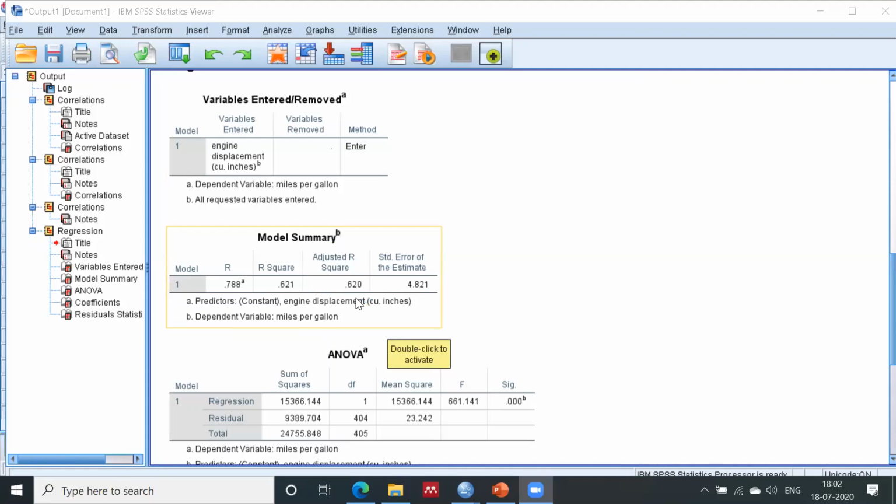See, there is a tendency in regression. If we increase the predictor, R square increases. Let me explain one more thing first.